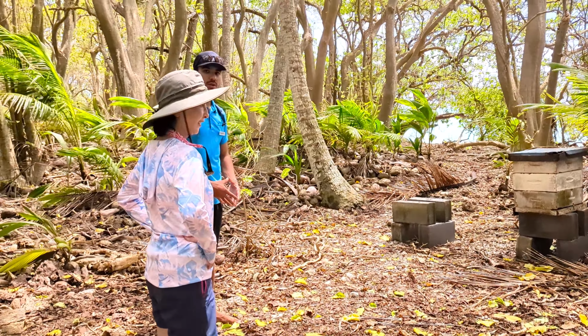70 beehives here in Tetiaroa, and these are 3 of them. And only here we have 3 because it has a very specific reason. Because here, as you can see, there are not a lot of flowers, and only 2 months a year the Polynesia cabbage tree will flower. So this is why we don't put a lot of them. And the honey of these little beehives is very special because it has a very fine taste,